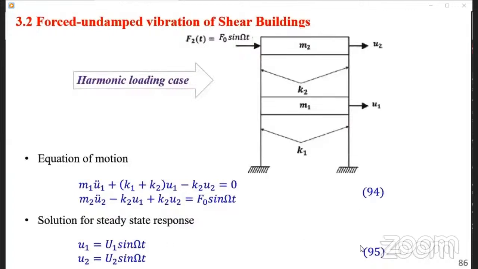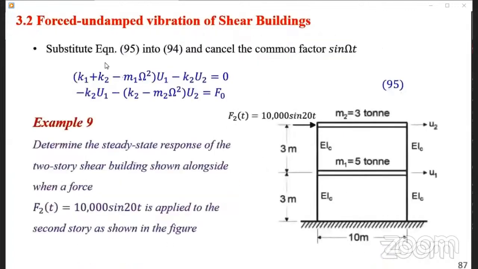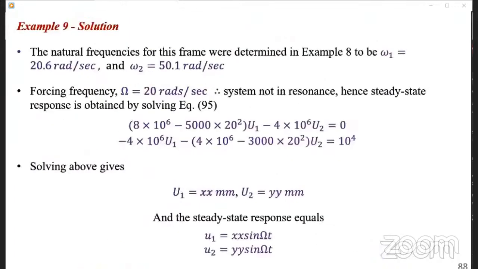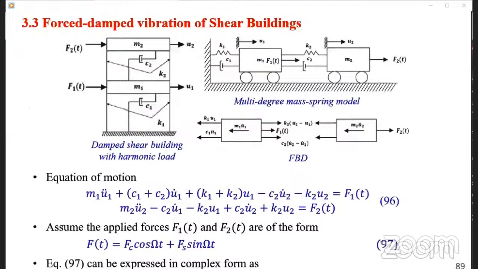We have the solution to the response, equation 95. We have equation 96. This comes only from the common factors. You can now use this equation to obtain the coefficients, because from 95 you need to know what is U1 and what is U2, the amplitude, so that you can know the equation for the steady state response. Same case when there is damping. When there is this damping, what you just need to do is utilize